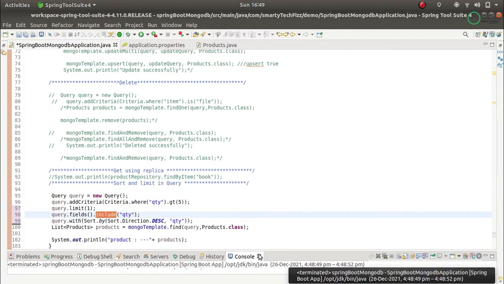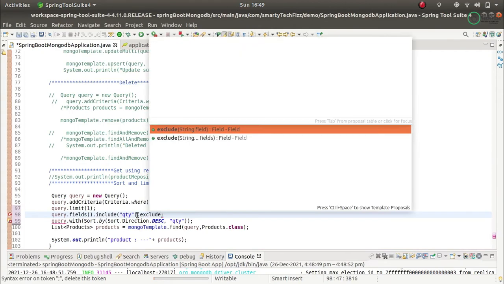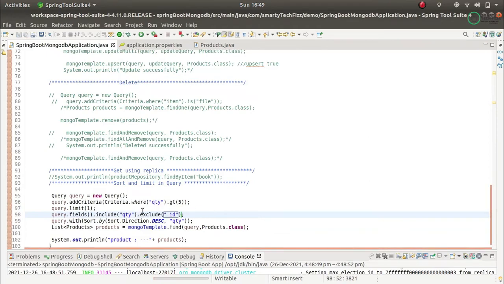What I want is only the quantity to be displayed in the output. With the quantity output, we will also get the underscore ID, so if you want to exclude the ID as well, you can use exclude. So I can exclude the underscore ID as well. It will include and project the quantity field, and it will exclude the underscore ID.